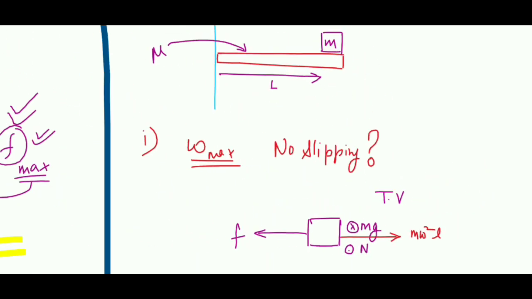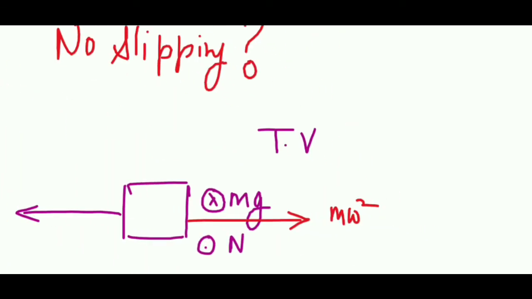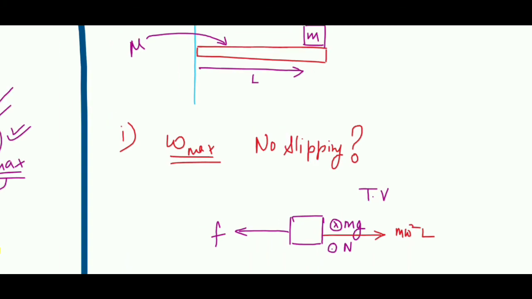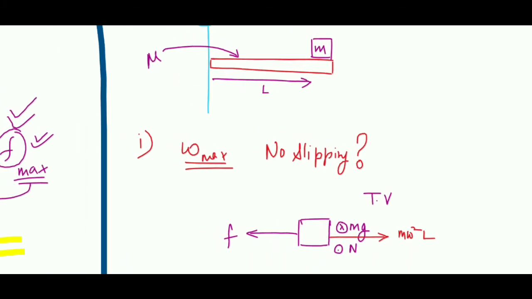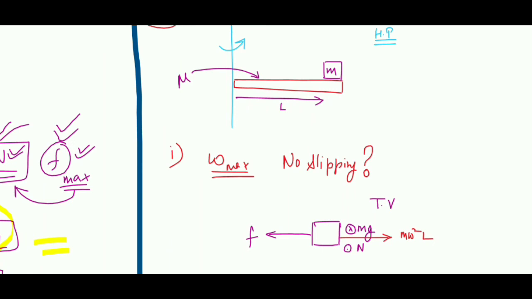Okay, it is capital L. Let us write capital L only. M omega square L. This is the situation. Now what I can do is I can simply assume that the frictional value over here is maximum. So let us assume that the frictional value acting over here is maximum, and this maximum value we will equate